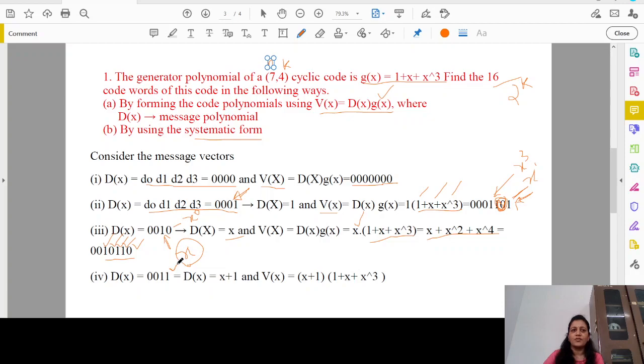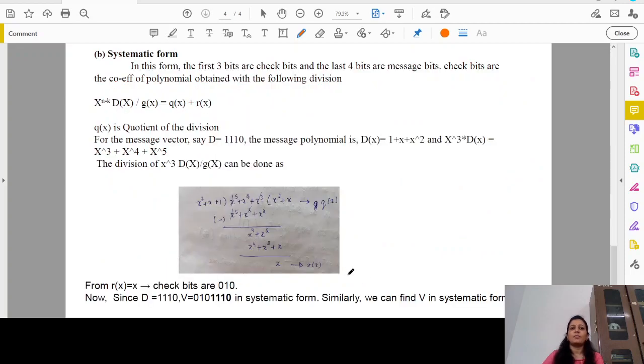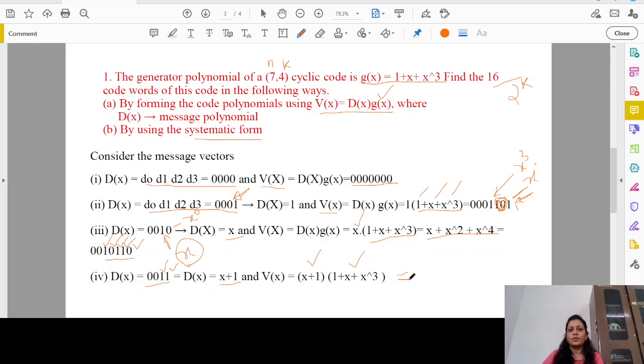Okay, similarly if I take d of x is equal to 0 0 1 1, I can see that the x power 0 coefficient is 1 and the x power 1 coefficient is 1. Therefore for this combination my d of x would be equal to 1 plus x. And now v of x is nothing but d of x multiplied with g of x. So when you go for multiplication, that will give you say x plus x square, plus x into x cube is nothing but x power 4, plus perform the multiplication with 1 now. So this will be 1 plus x